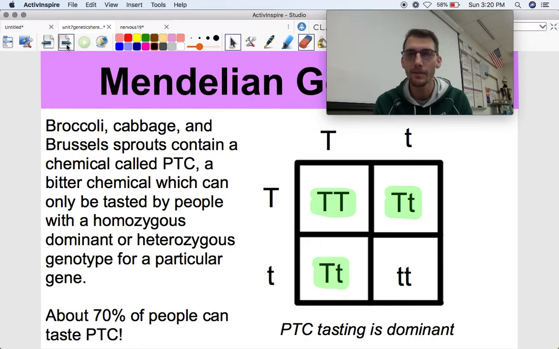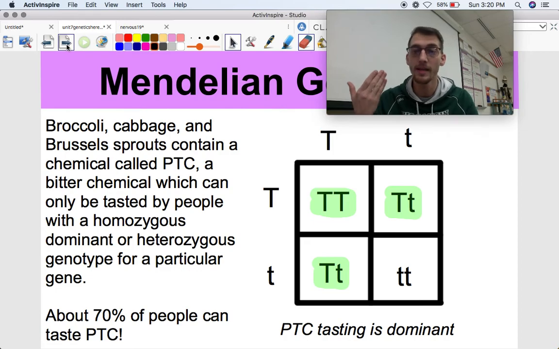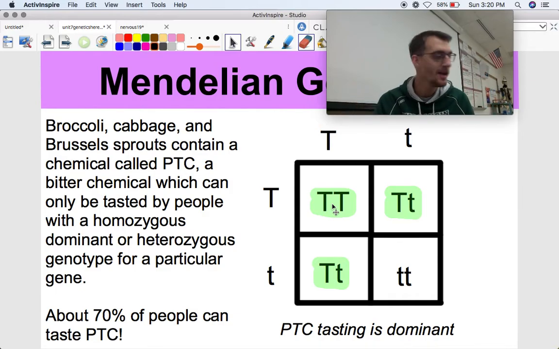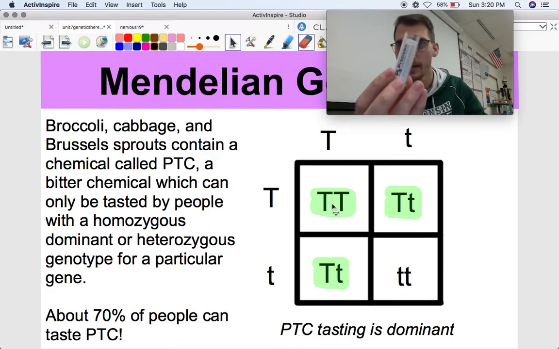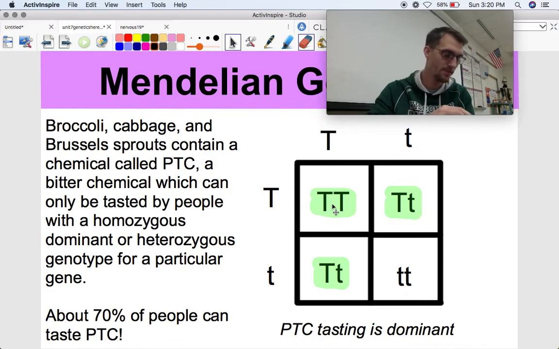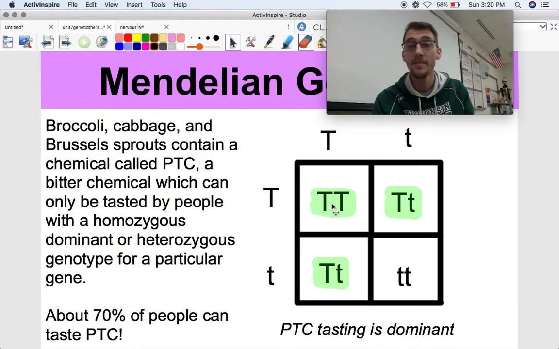Okay, so just like with the pea plants here, this is what we would call a Mendelian trait in people. Right? So if you have one or two copies of what's called the PTC tasting gene, then if you put this piece of paper on your tongue, see, check it out, it is PTC test paper. If you take this and put it on your tongue, then you're going to taste a very bitter chemical that's often found in these types of vegetables.